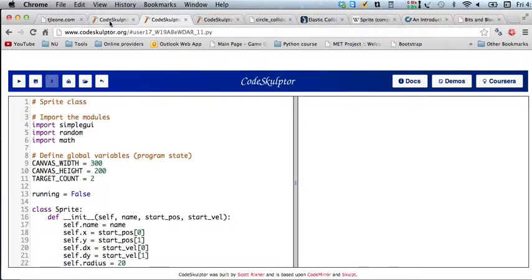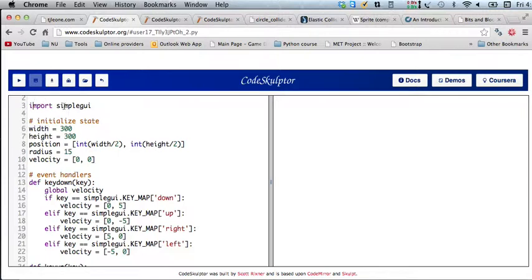So I think what I'll do is I'll change width to canvas width, and I'll change height to canvas height, and